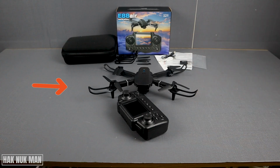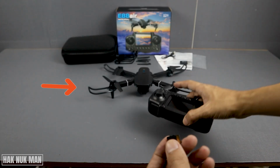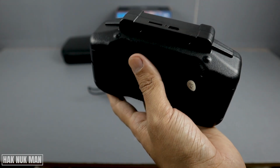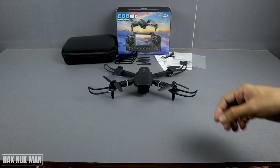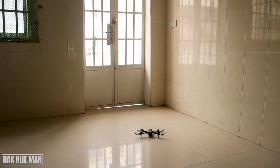Okay, now I install the propeller guide and we insert the SD card into the drone remote. Okay, and we're gonna fly it together. Now we're going to test fly it, and let's see what view the drone can make in its video. Now let's turn on the drone,